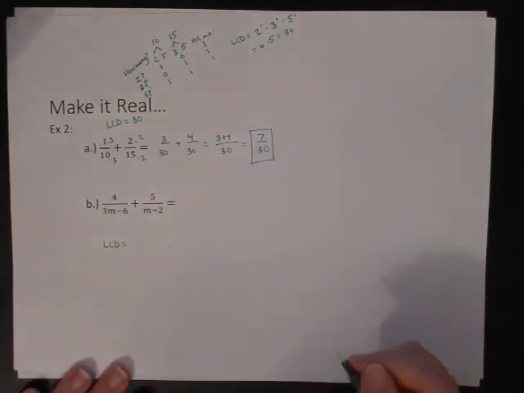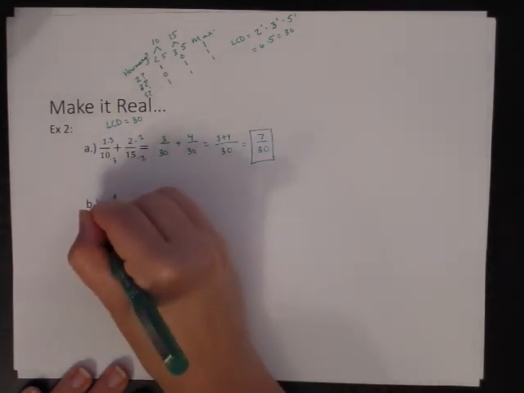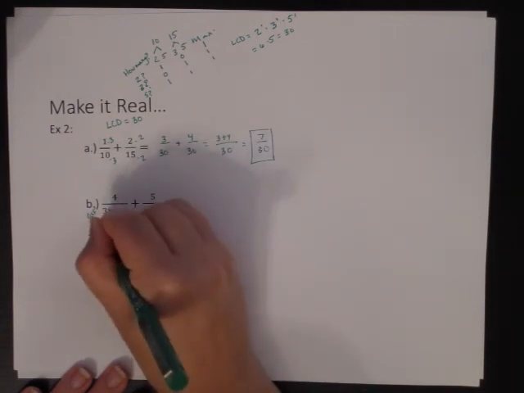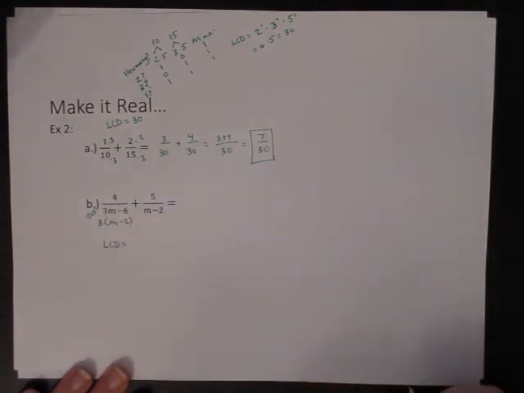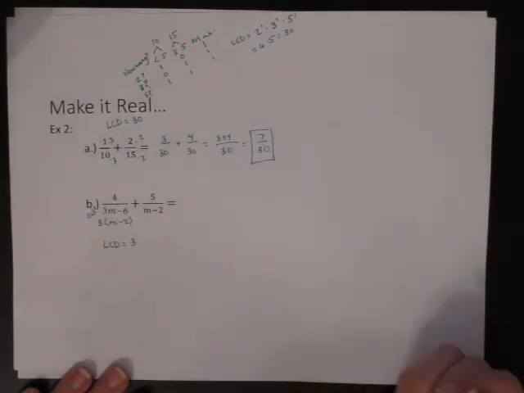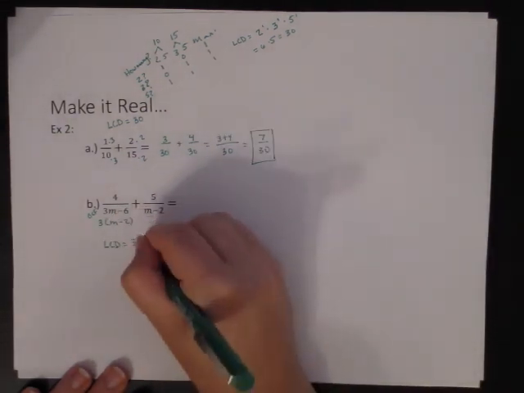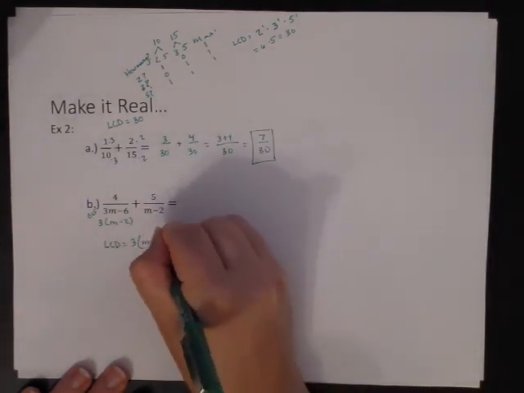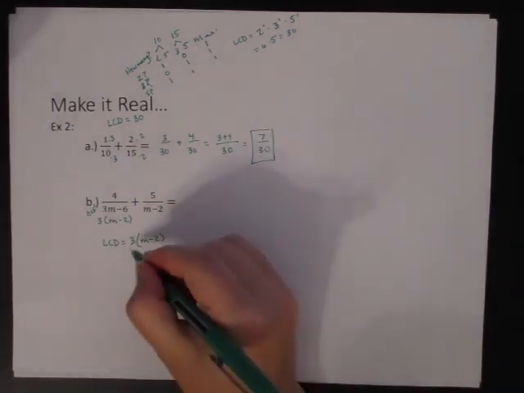In order to find my LCD, first thing I have to do is factor. I have two terms, so I can pull out a GCF, so I can pull out a 3, and I'm left with m minus 2. So I see that I have a single 3, raised to the first power. So I can just write down the 3, and then I have m minus 2. This would be 1, this would be 1, so my max would just be 1,